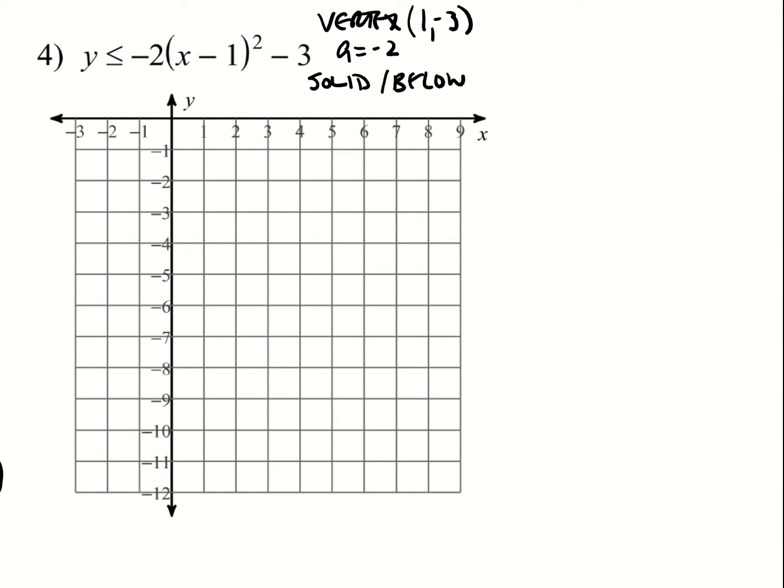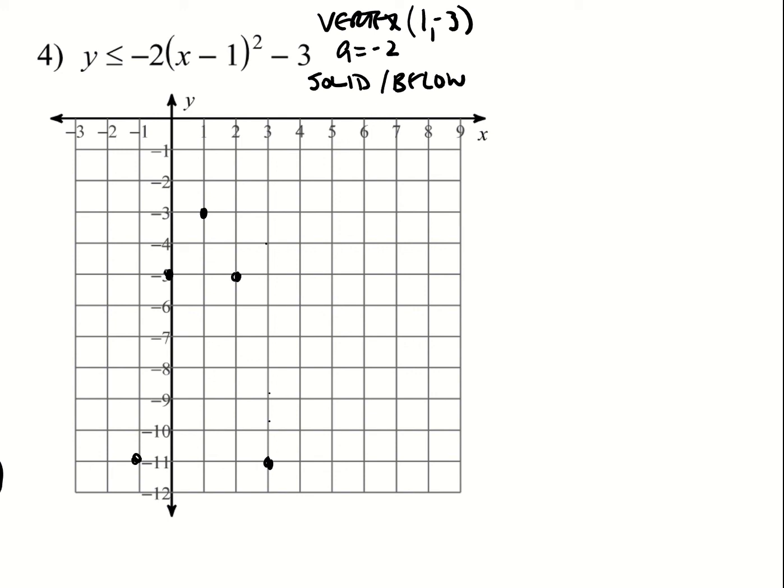So we're at (1, -3), and because a is -2, it's over 1, down 2, over 2, down. It's supposed to be over 2, down 4, but we're doubling it, so it's down 8. 1, 2, 3, 4, 5, 6, 7, 8. And then I know I have this point over here, and then I know 1, 2, 1, 2, so I have this point here,